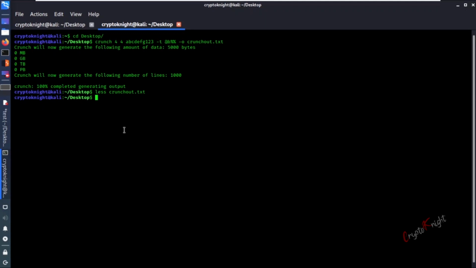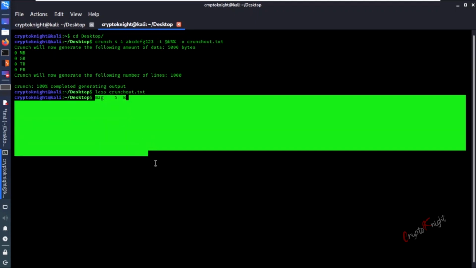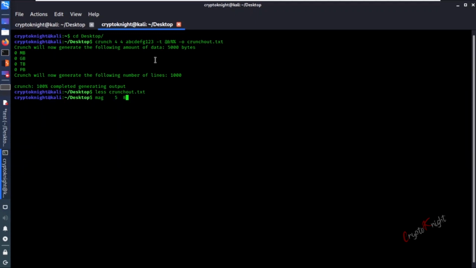So if you know that the first half of your friend's password is MAG, then you can create a list accordingly. And if you know that the minimum length must be 5 and the maximum must be 8 letters, you can create the list accordingly. It will create all the possible combinations that you give. It is just that if you give a lot of letters and numbers to Crunch in order to make a word list, then it will take a lot of time, because a really heavy and bulky word list will be generated.